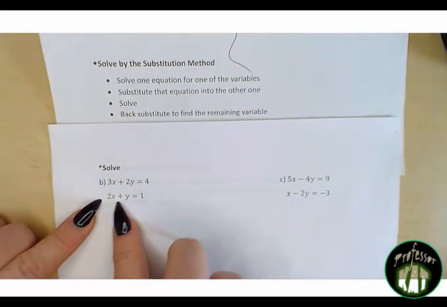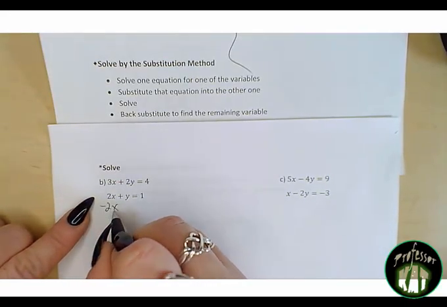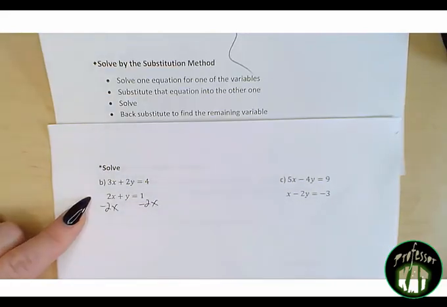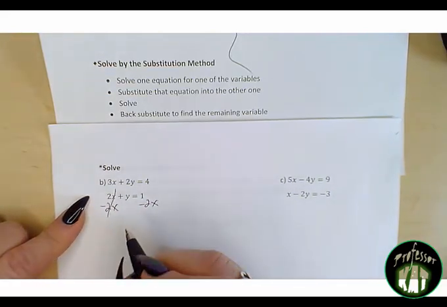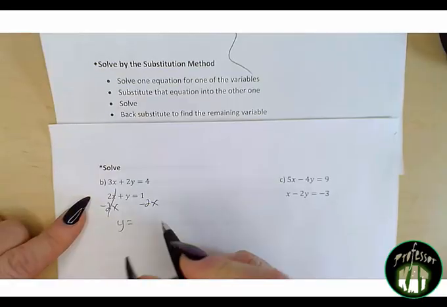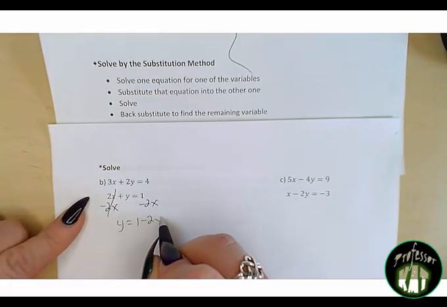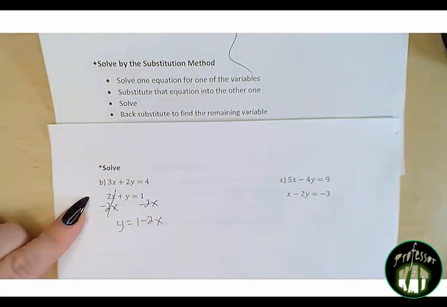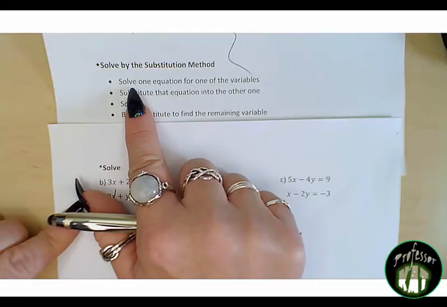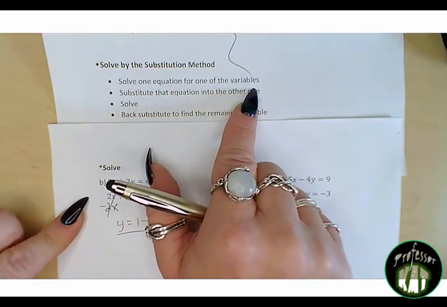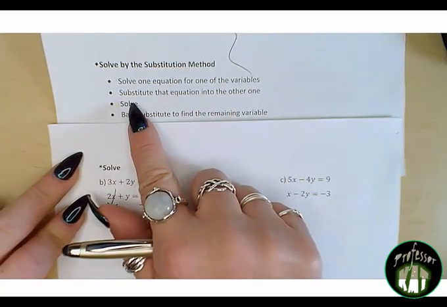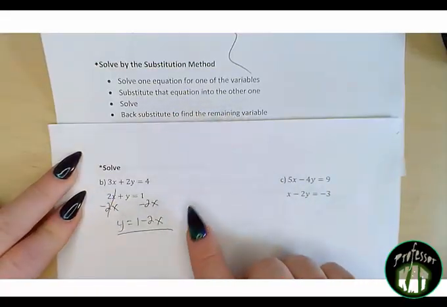We can easily get this equation solved for y by subtracting 2x on each side. If I subtract 2x on each side, I get that y is equal to 1 minus 2x. That's exactly what we're looking for. We want it solved for one of the variables. As soon as we have one of our equations solved for one of the variables, substitute that equation into the